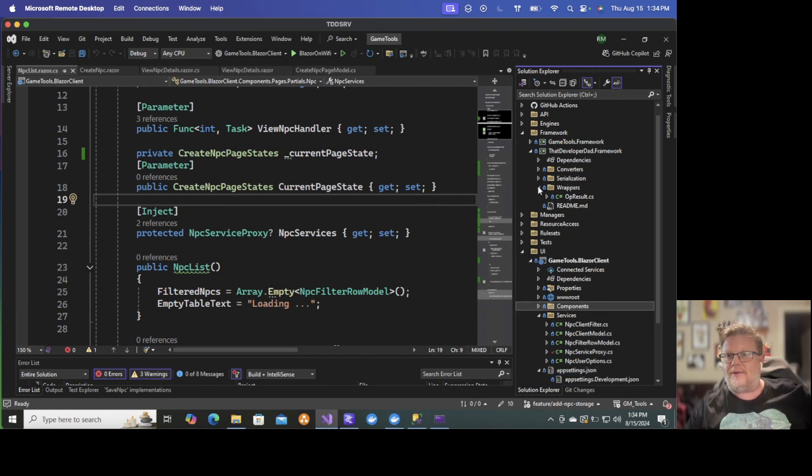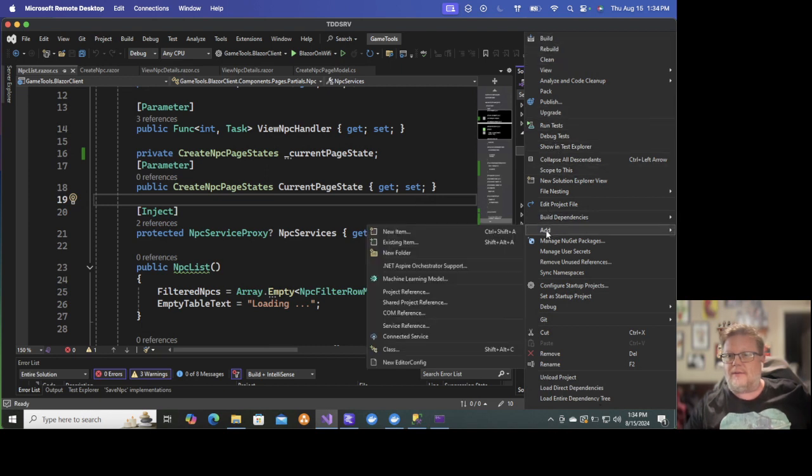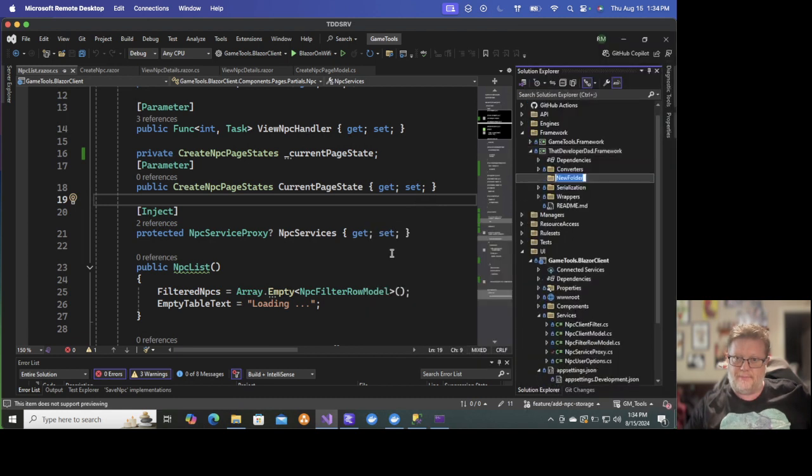And I'm going to add a new folder. In proc event sync. All right, so